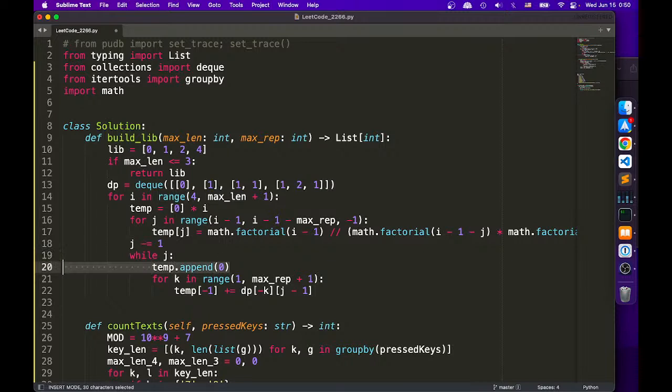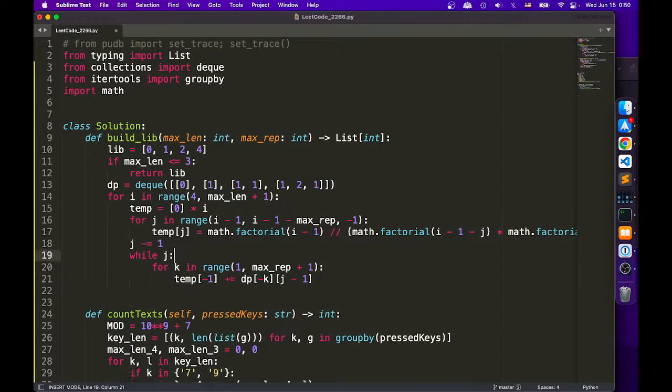We're going to do this. So what is this thing? Well, this shall be j, right? So temp j plus equal to temp this, right? J minus 1. Yes. Minus k, blah, blah, blah. So, blah, blah, when we're done,